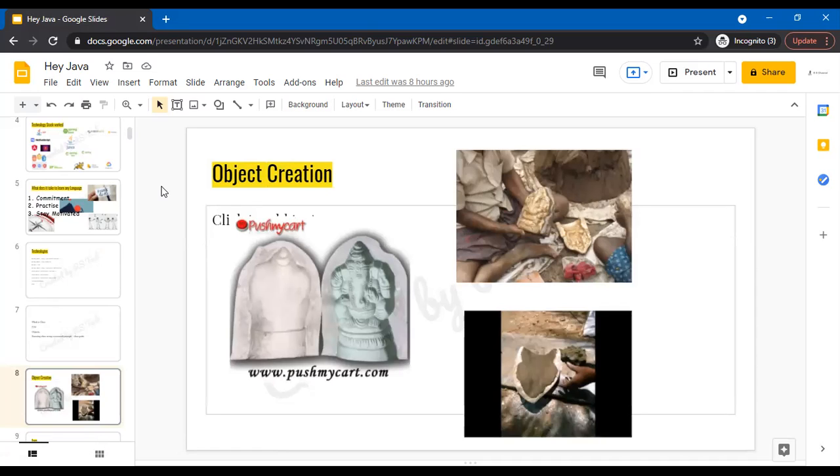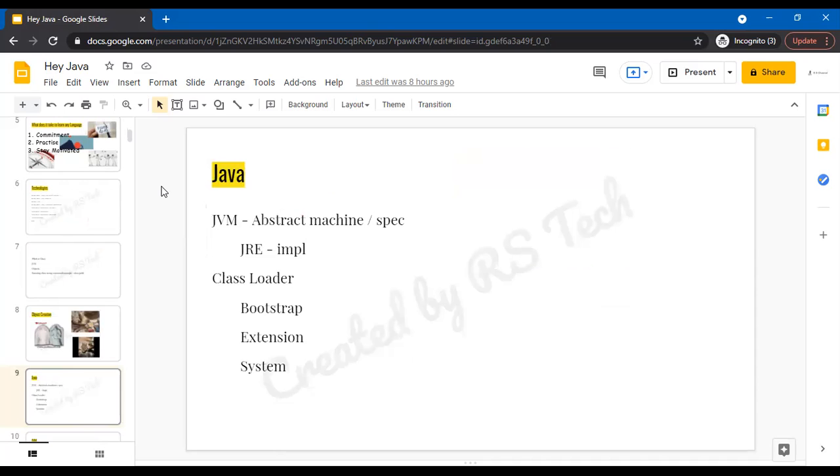class is a mold through which the objects are getting delivered. The best example is the Ganesh Chaturthi festival. So if you remember that, always the classes and the objects, you'll know what is a class, what is an object. So class is just a blueprint. And then we went over the JVM, the class loaders in detail.